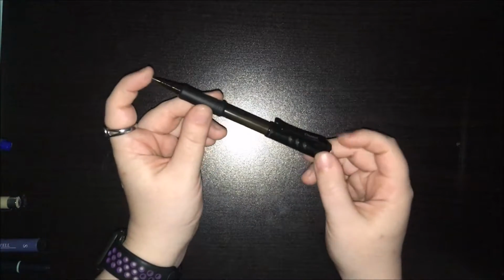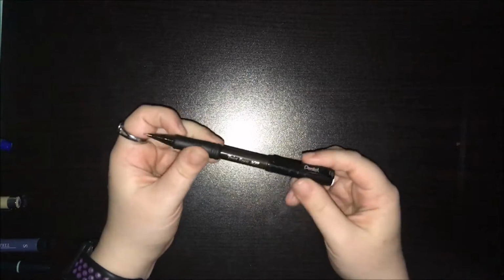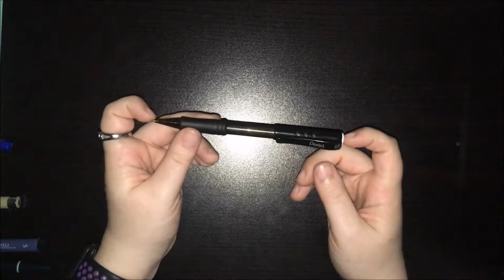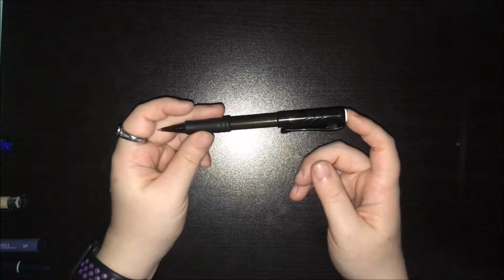So starting with the actual pens, actually no, let's start with the pencil. I do use a pencil on occasion for when I'm sketching some things out or if I just want to put some place markers, but it's actually not that common for me to use pencil in my bullet journal